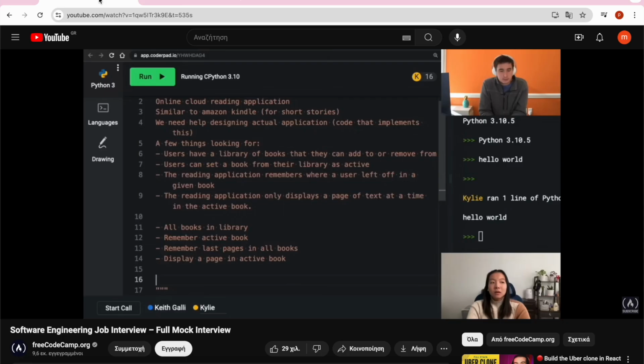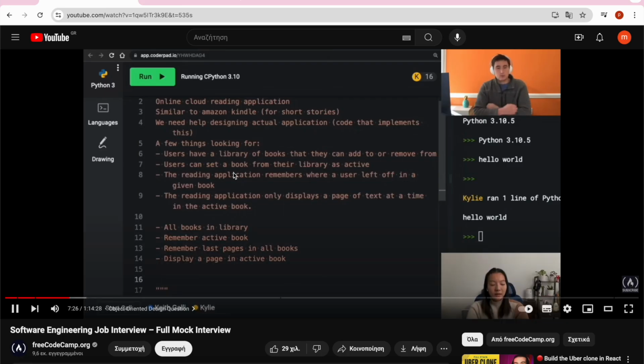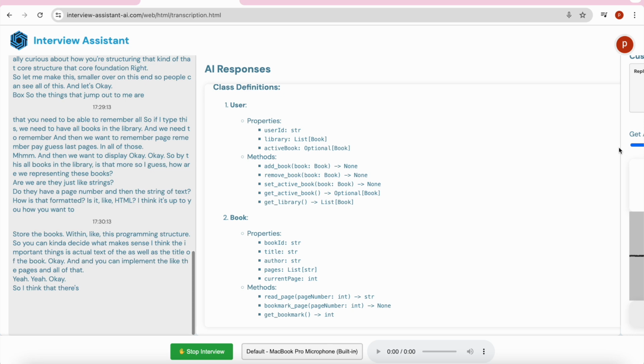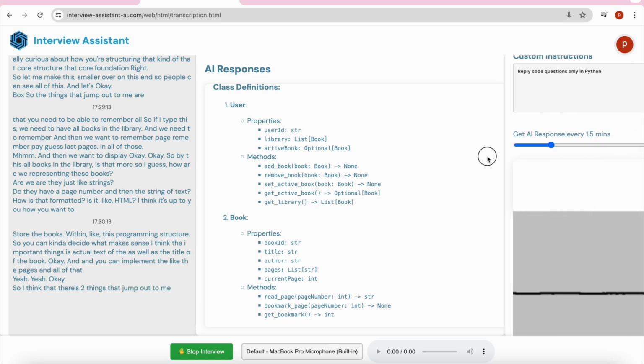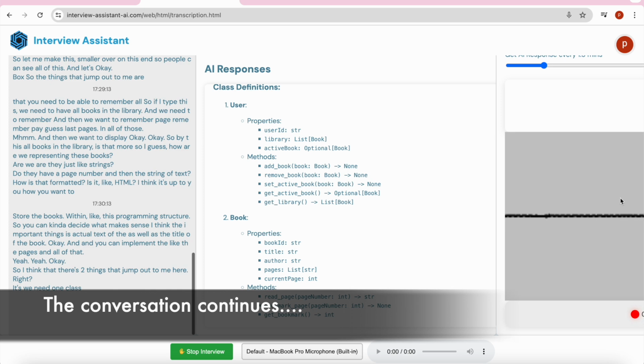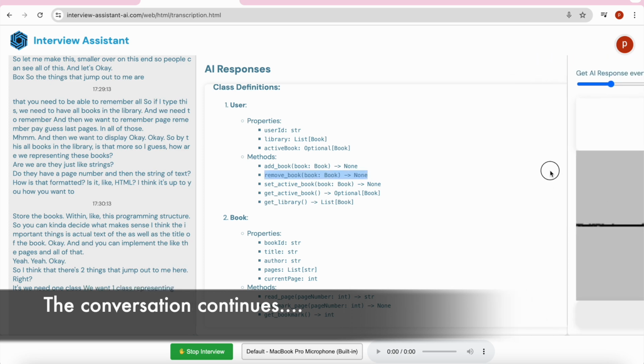Yeah. Okay. So I think that there's two things that jump out to me here, right? We need one class. We want one class representing a book, and then we want another